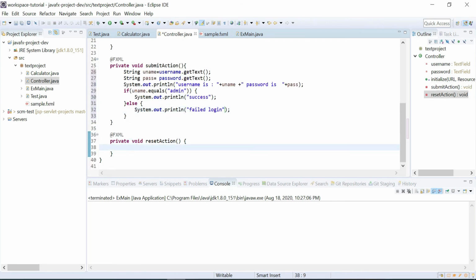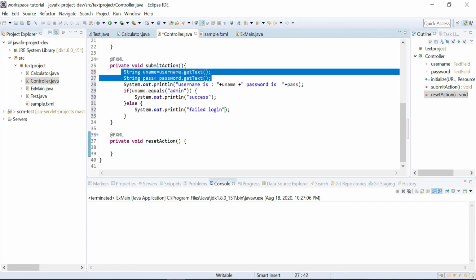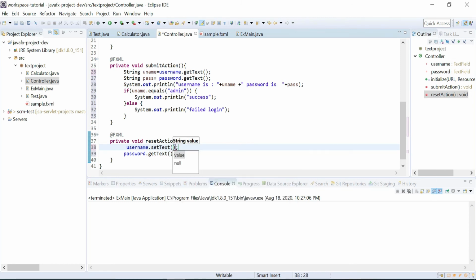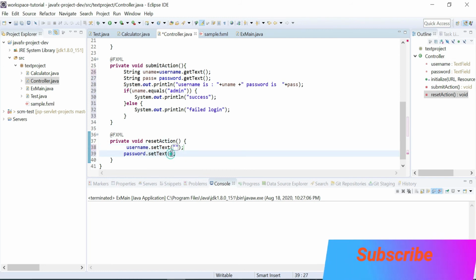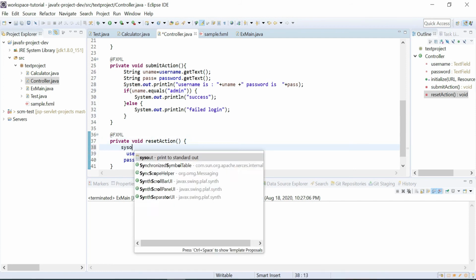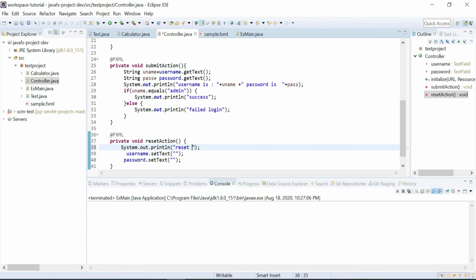And also we are going to implement the reset operation. What is reset? We are going to set the text, that means we are going to remove the text to null. For our confirmation, we'll put a reset called. Now let's run our main program.